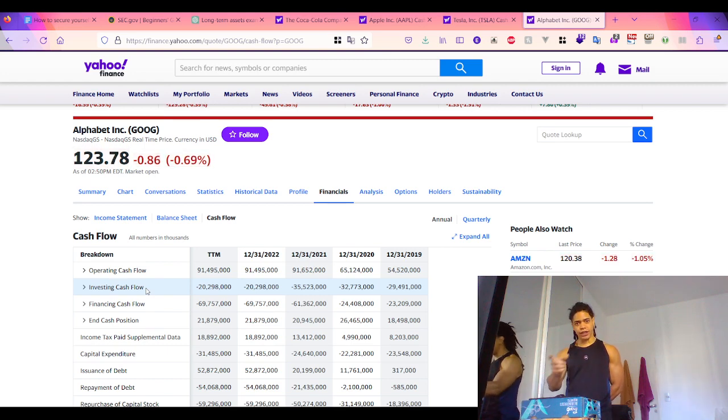And generally, it includes the purchase or sale of long-term assets, whether property, plant, equipment, intangible assets such as patents, trademarks, copyrights, trade secrets, as well as goodwill,